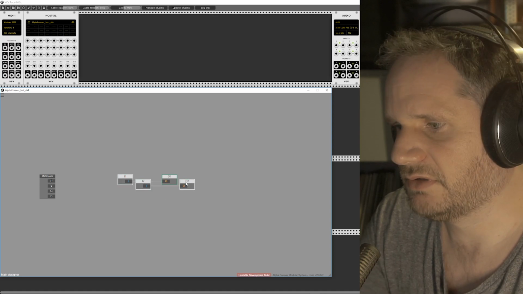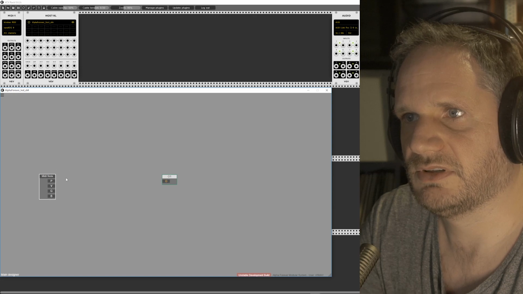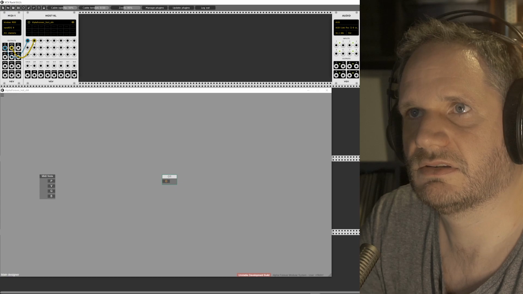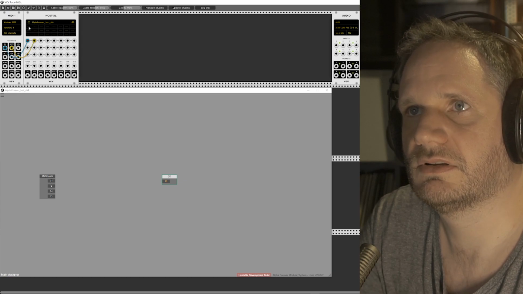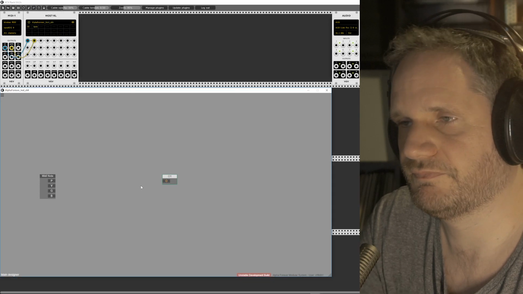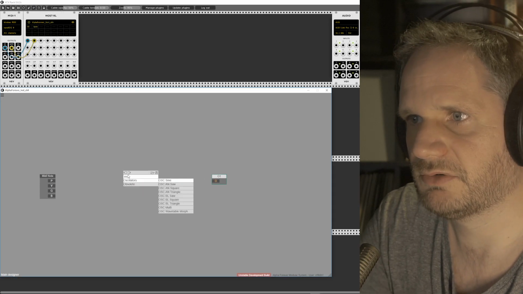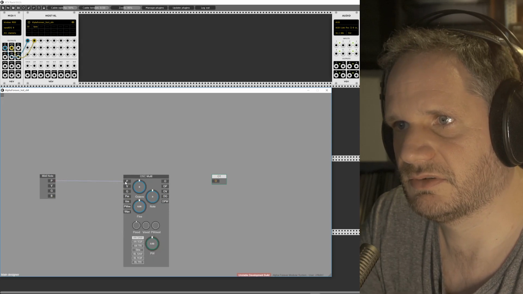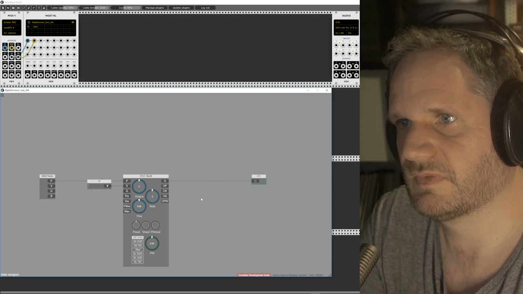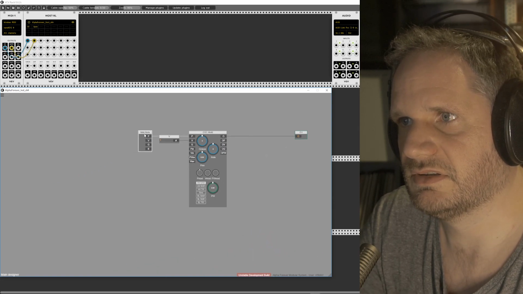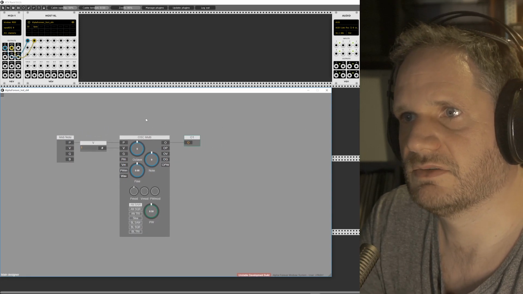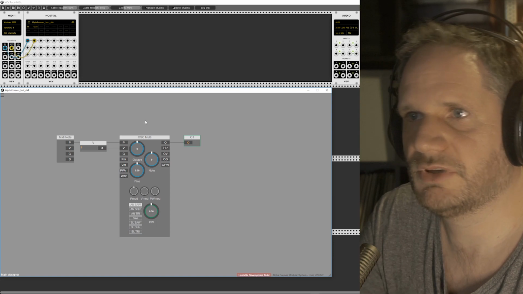We are going to need only one output for the time being, and we are going to need our MIDI input, and we need to assign CV and gate, and assign these first two things to CV and gate as well. And from here on we only need to create an oscillator, connect the pitch, add some velocity, plug it to the output, and basically this already would output the sine wave, but we want to do a bit more,